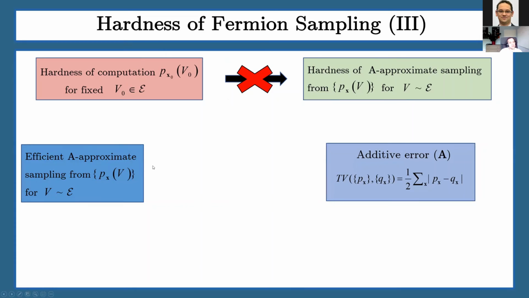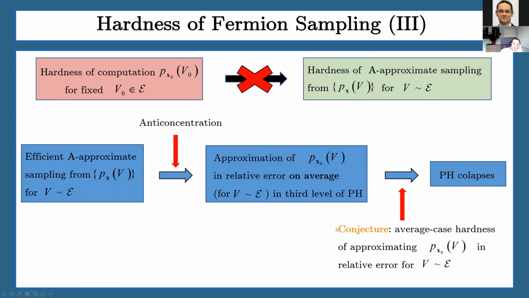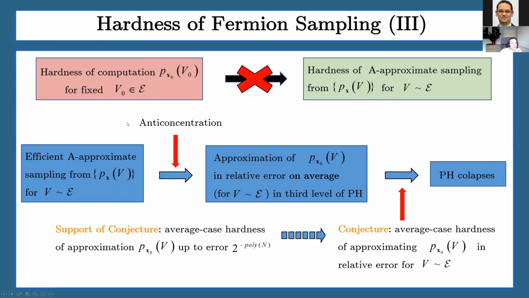You start with an efficient approximate sampler, and you need to have this property of anti-concentration. And then you use the so-called Stockmeyer algorithm to approximate to relative error those outcome probabilities on average within the third level of the polynomial hierarchy. Now, when you conjecture that it is actually sharply hard to approximate those quantities to relative error on average over the choice of V from this class, then you get the conclusion, this unlikely one, that the polynomial hierarchy collapses. And now, this anti-concentration people can prove sometimes, but this conjecture people are not able to prove,